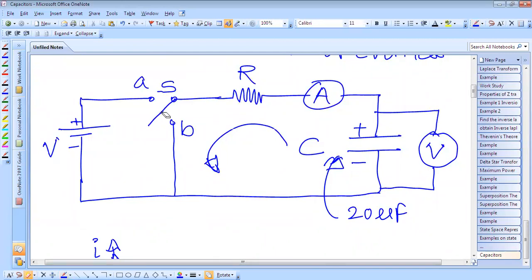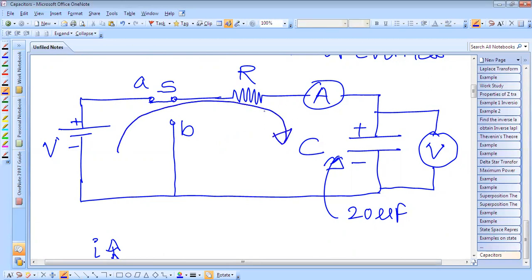How can we charge this? We have to throw this switch to the A position. When you throw this two-way switch to the A position, or connect this terminal to here, current will start flowing through the circuit, and the electric charge will flow like this. Initially, this ammeter will show the maximum reading. That means maximum charge is flowing into the capacitor, and the capacitor starts charging.